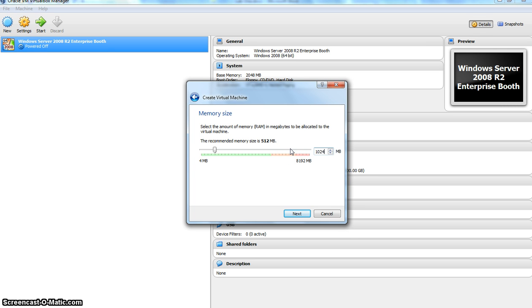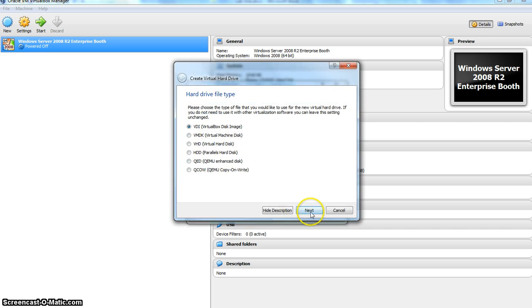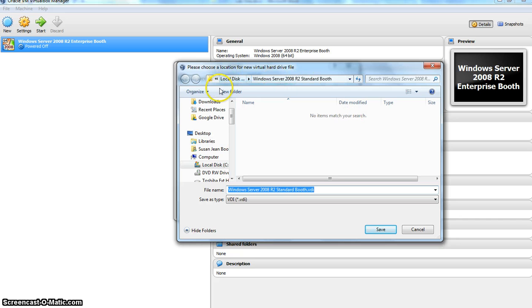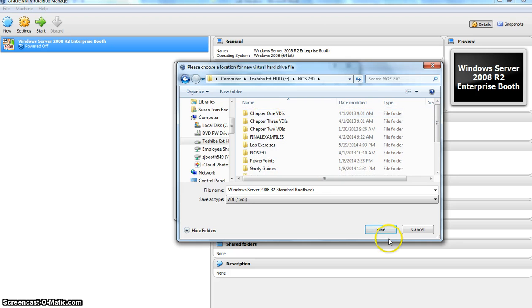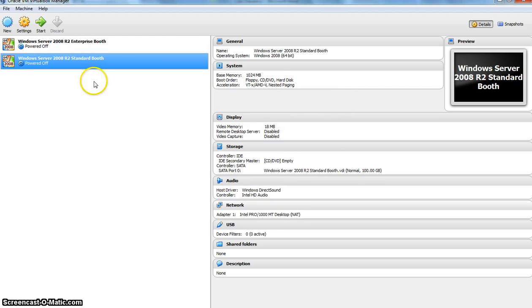I'm assigning 1 gig of RAM to this machine. We're not going to be doing as much with it, but I can always change this at any time. Again, I'm going to check the storage location. Again, the default is C, so I'm going to change it here. I'll bump this size up as well. Like I said, since it's dynamically allocated, it's not really going to use 100 gigs. So now I have my 2 machines built,